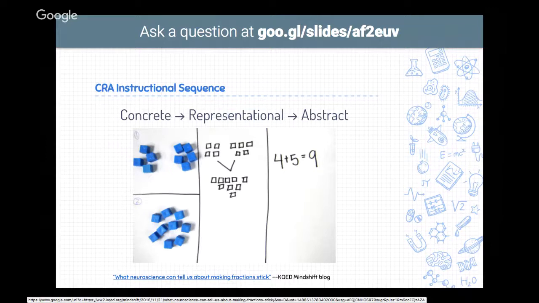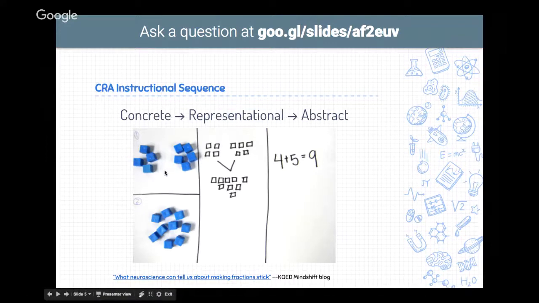And so opening math instruction with something physical, something tangible, something that we can move and manipulate and work with is helping us build these connections in our brain that are going to lead to longer lasting understandings in mathematics. So again, likely this is something that we're all familiar with, and maybe we just didn't know that it was referred to as concrete to representational to abstract. Something that I did learn recently, though, is